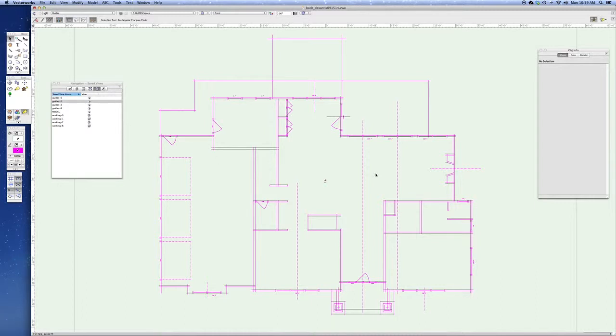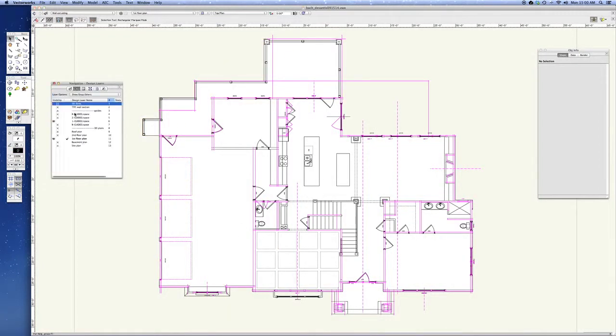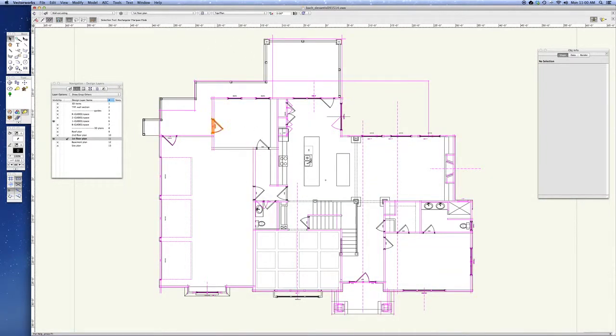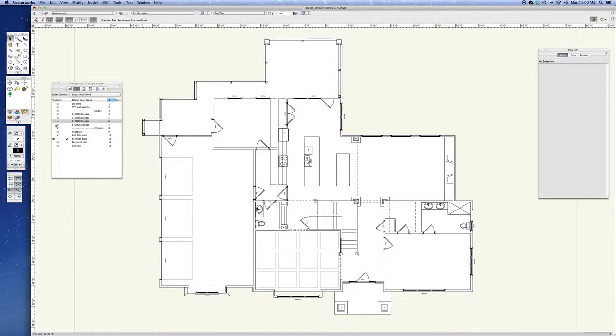If I'm already done with this and I'm ready to begin modeling, then I would just click on, for instance, working 1. It has all those guides already turned on in the guides layer, and the active layer is the 3D first floor plan. So I would already have these showing, and there would be no walls or floors at this point, and I could just use those as a guide to begin drawing all of these walls and placing my doors and that type of thing. I think the only thing I wanted to show you while I'm here